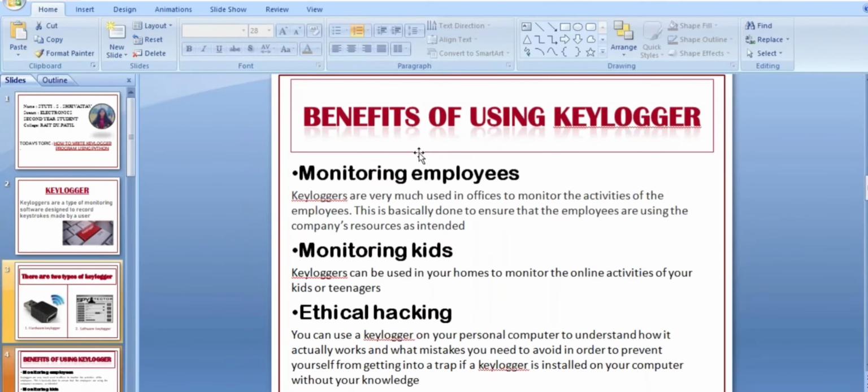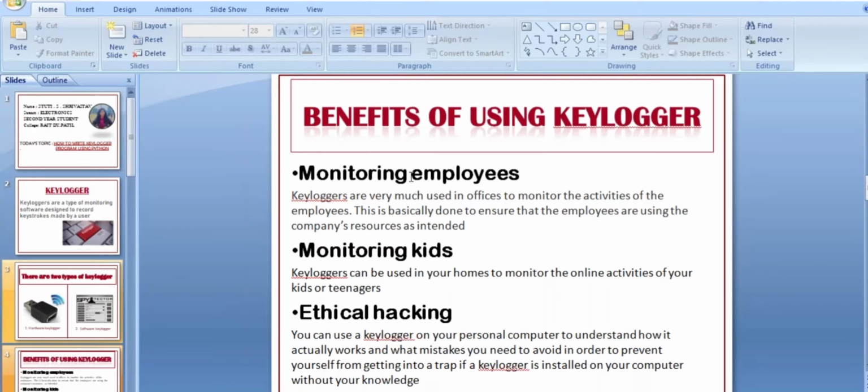Now let us know what the benefits of a keylogger are. Using this keylogger software, you can monitor your employees, that is, you can ensure that the employees are using the company's resources as intended. You can also monitor kids.